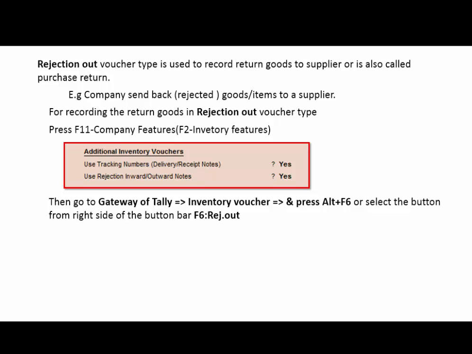Then go to Gateway of Tally, inventory vouchers, and press Alt plus F6 or select the button from the right side of the button bar, F6 rejection out. And after that